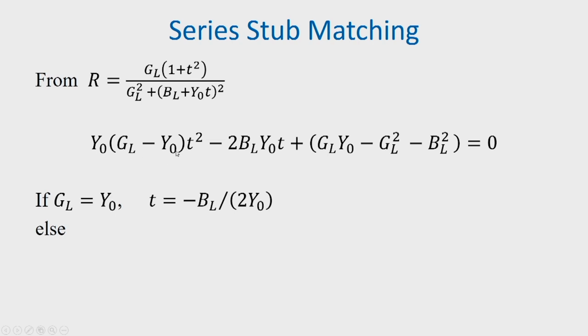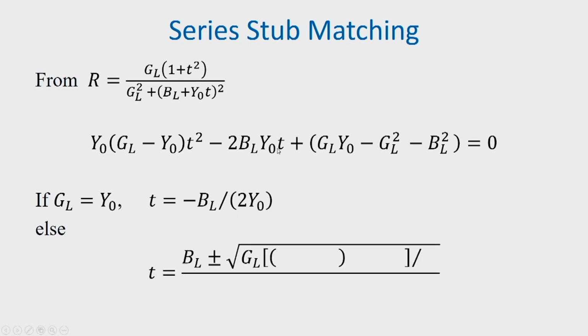If G L is not equal to Y naught, then we can solve t to be equal to the standard solution for a quadratic equation, and we can write t in this form. So, once t is known, we remember that t is equal to tan beta d. Now, we can get solution for d. So, we get two solutions for d,